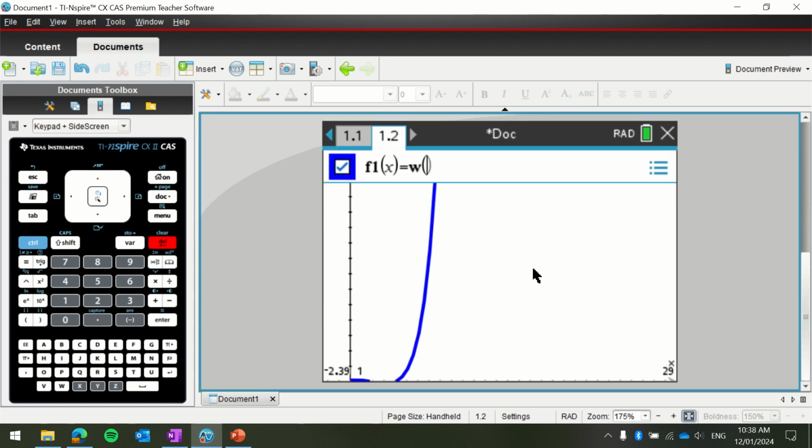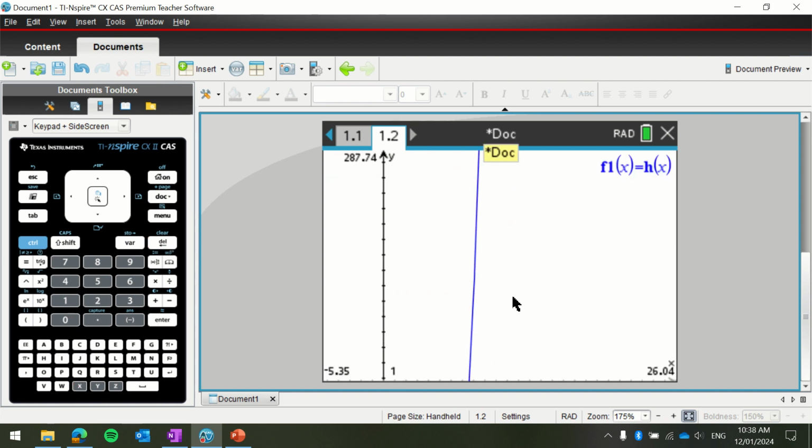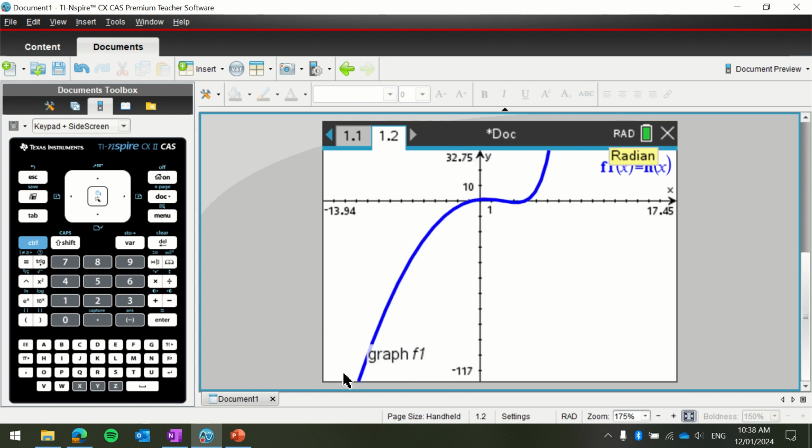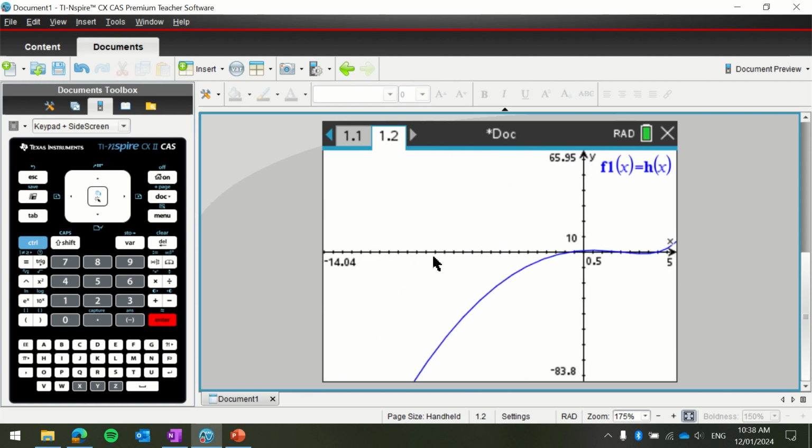And I'm going to graph this now. Right here. So you can see it goes up over here, and it goes up on the left as well. So there's this little part in the middle